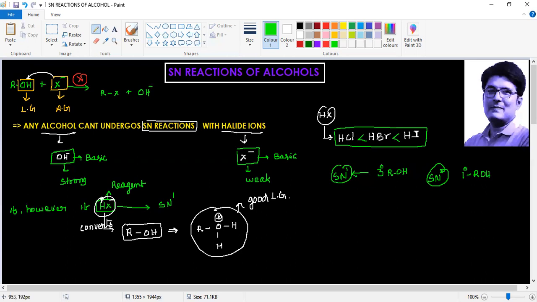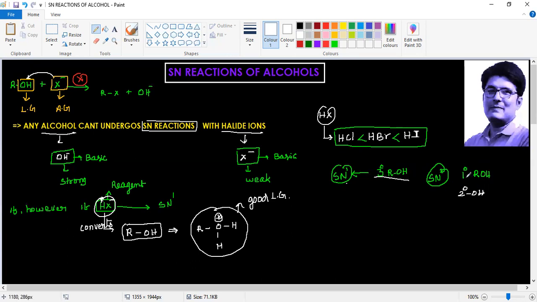We know that. So what I mean here is that the tertiary alcohols give SN1 reaction, whereas the secondary and the primary alcohols,